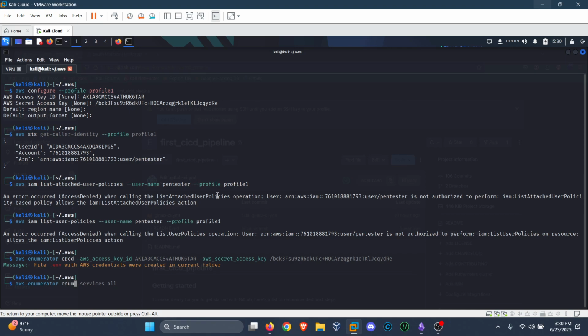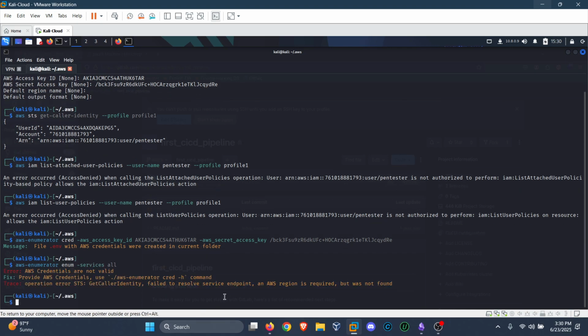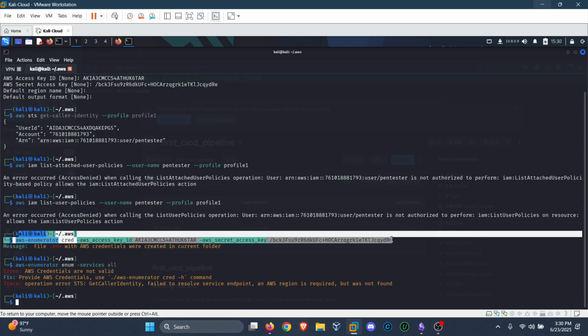Feature enum services all. And we see that we have an error here which says an AWS region is required. We really don't know which region things could be on, and it's going to be pretty annoying to use every single region to run AWS enumerator, right? It's going to take quite a long time. This is where CloudFox does come in, you know, it enumerates all the regions. But in this case, say we did want to use AWS enumerator,